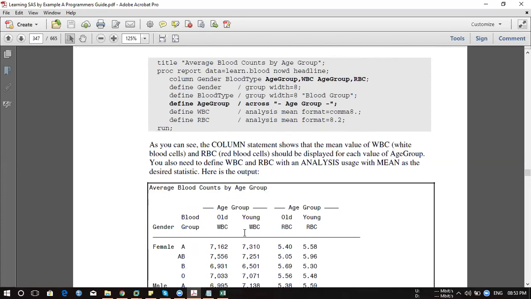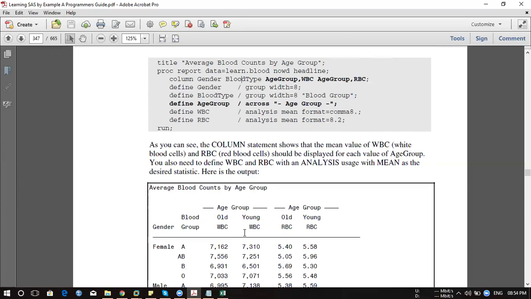Okay. See, always when you are writing this proc report, you should keep in mind what type of report you want to generate. Getting it? Now we are trying to get this transformation based on cross tab based on your age group. So I wanted to represent for both, correct? That's why I'm saying age group of WBC and age group for RBC. So you need to give instruction for both. Then you are getting this output. If not, you won't get it.